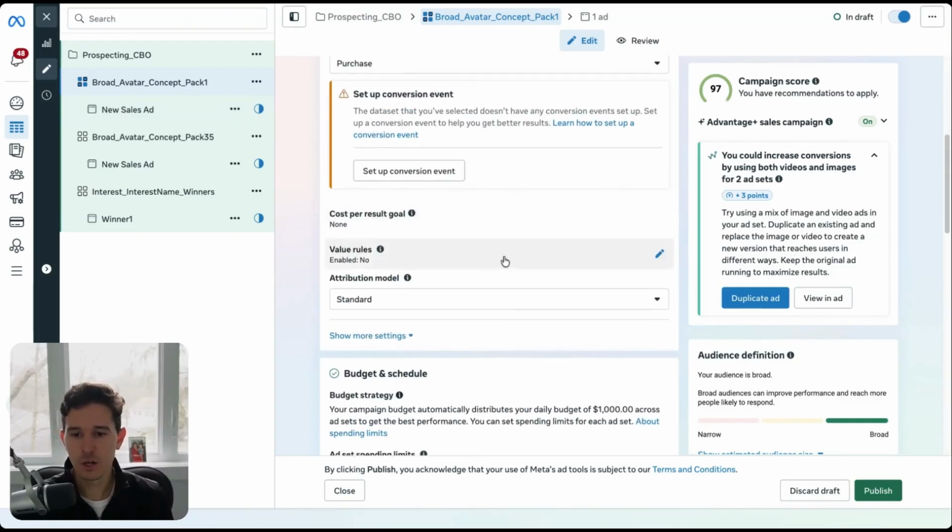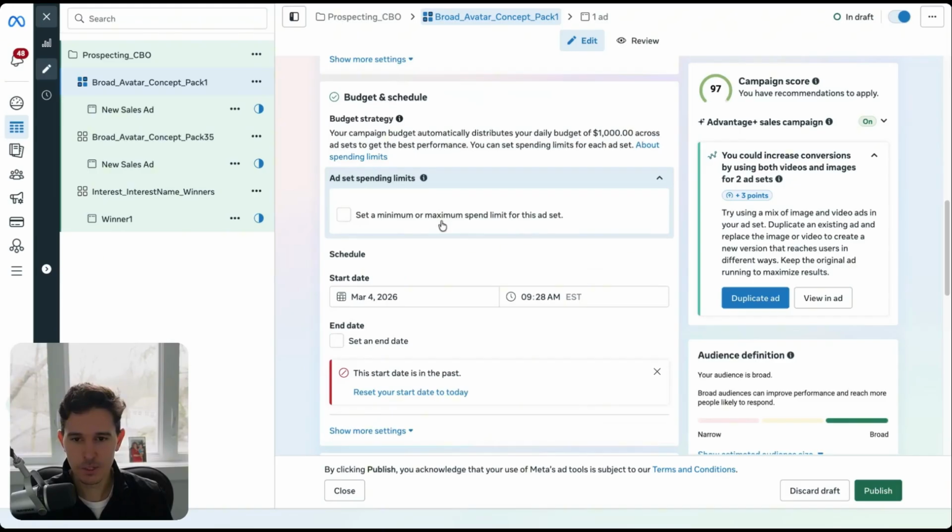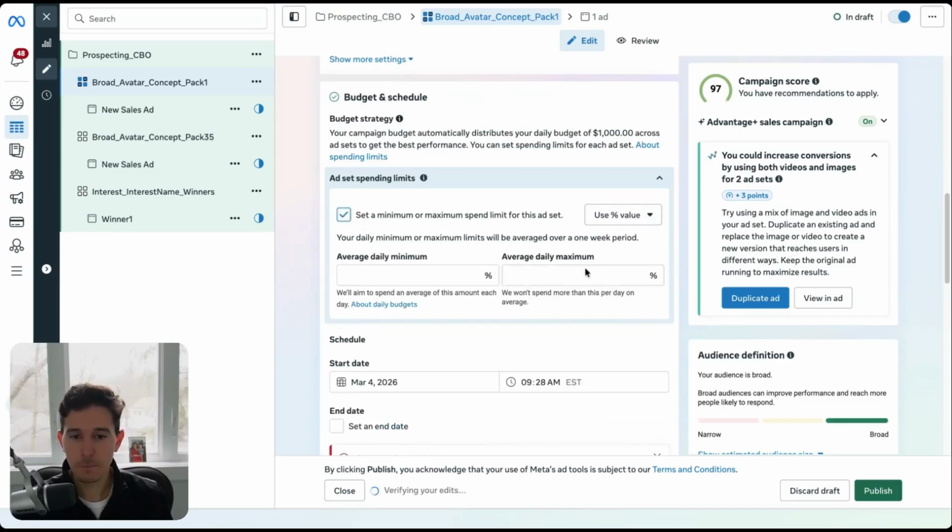What you might consider, unless it's killing it in terms of return on ad spend and all your KPIs, is going down to the ad set spending limits and setting a maximum percentage daily. The maximum percentage is valuable because it allows you to set an upper threshold no matter if you increase or decrease your spend. For example, let's say it's getting 80% of the spend and it's not hitting your target return on ad spend. You don't want to cut it, because that 80% of spend needs to get distributed elsewhere, and it's going to kill your account. Instead,